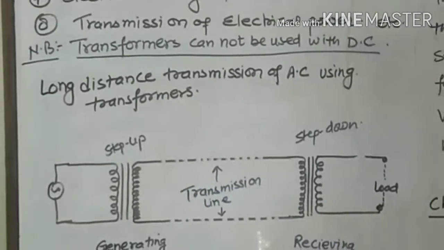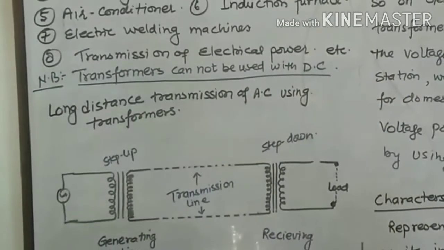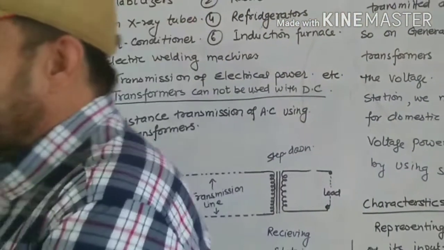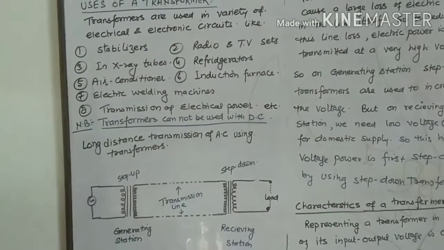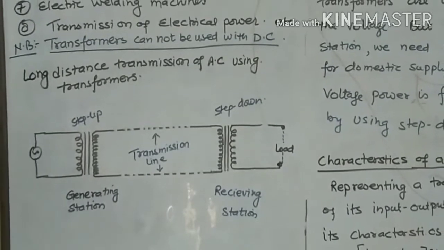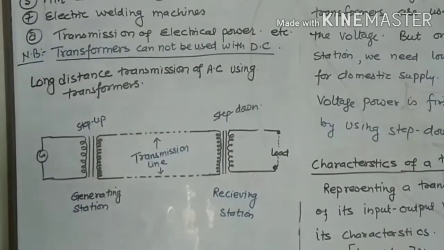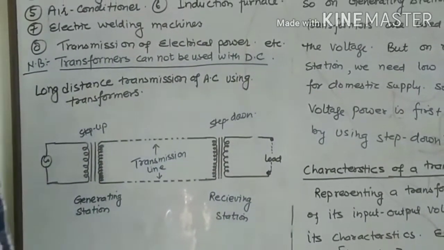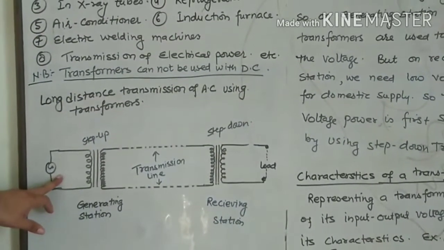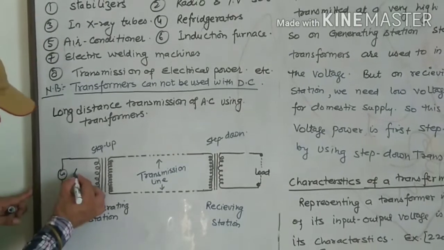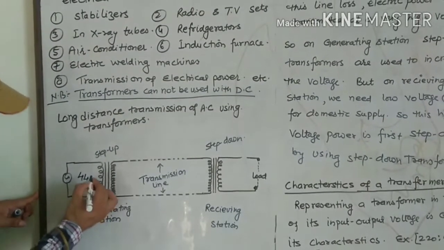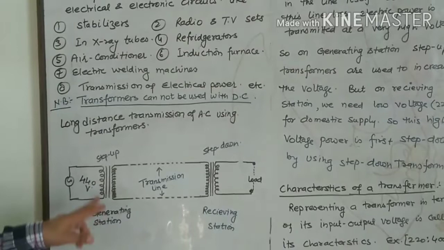Now the use of transformer in long distance transmission of AC. ट्रांसफॉर्मर का कैसे यूज करते हैं लॉन्ग डिस्टेंस ट्रांसमिशन ऑफ एसी में? सबसे पहले समझ लेते हैं कि पावर जब हम ट्रांसमिट करते हैं तो ये हमारा जनरेटिंग स्टेशन, जहां पर लो वोल्टेज पावर से 440 वोल्ट यहां पर जनरेट हुआ है। सपोज 440 वोल्ट पे पावर जनरेट हो रहा है।